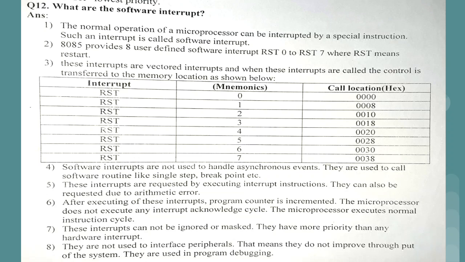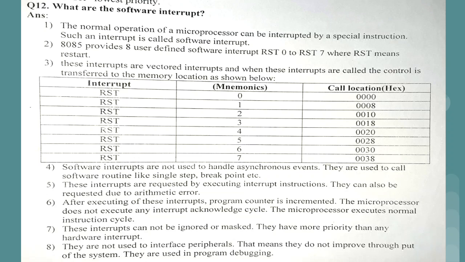It will not harm any particular IC or device which is part of the 8085 because of a software interrupt. Only the program counter will get incremented and we will jump to the specific memory location. That's it. And after that location, if we have certain instructions, then that particular instruction will get executed in the normal manner.